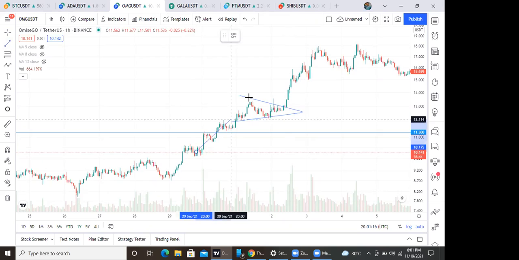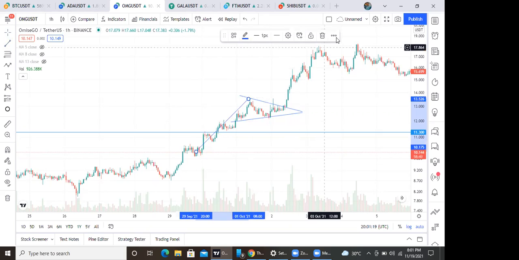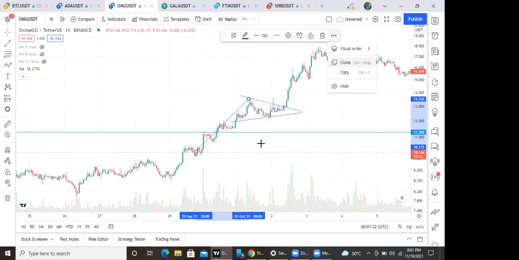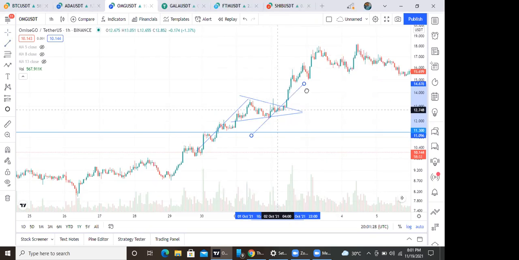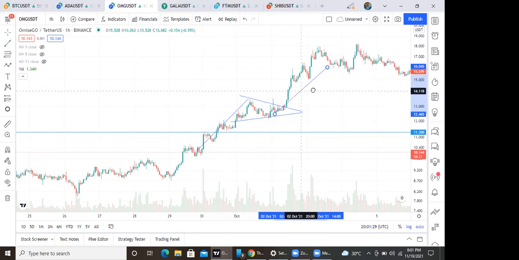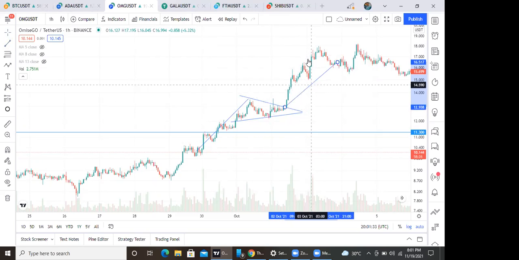The distance between here to here, I will clone it and put it here. Around here,